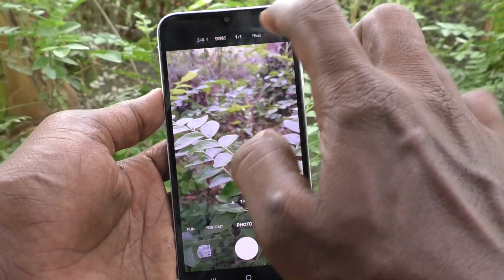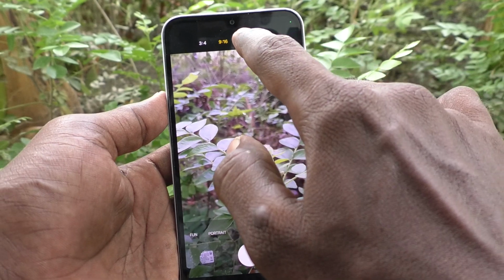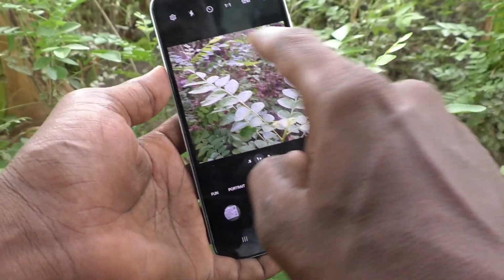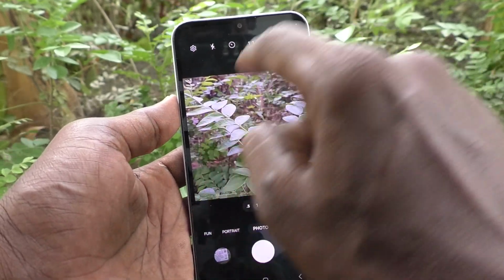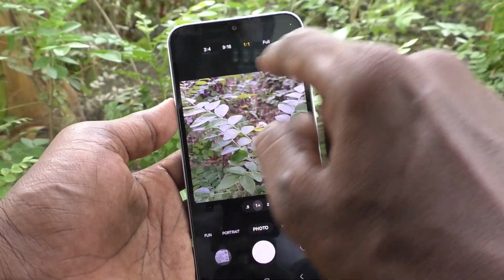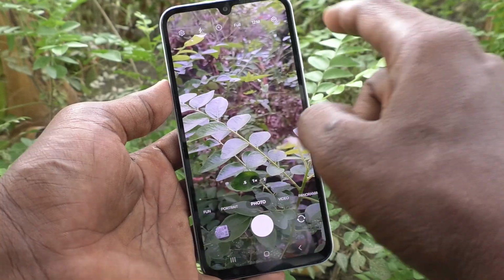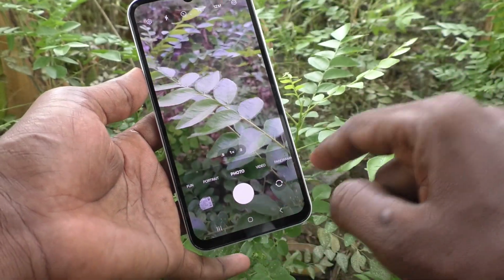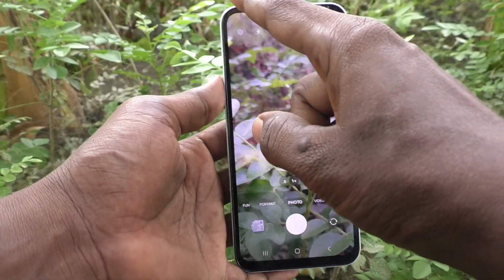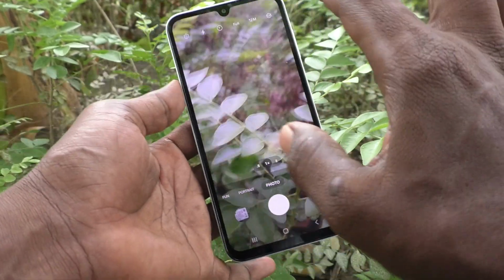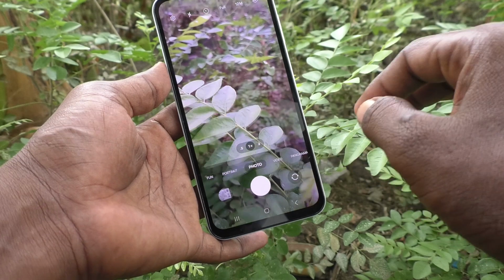Okay, then if you click on 1:1, photo will be square. Okay, square size photo can be taken. If you use full, aspect ratio size will be according to your phone screen. Okay, according to the length and width of the phone screen, photos will be taken. Okay,